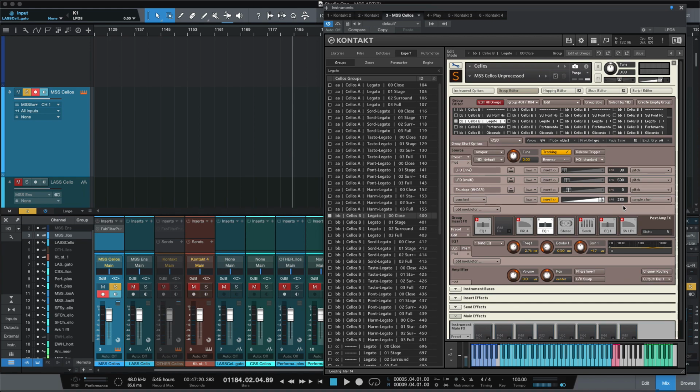We did it. So you select your groups. I'm just doing the B close mics for cellos right now. The legato transitions only. I typed in the word legato up here in the search field. I'm using the expert mode when you show the browser. And I added a mod in the group editor of constant sample start inverted with the slider all the way